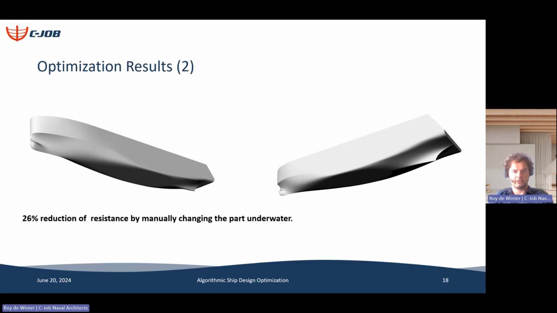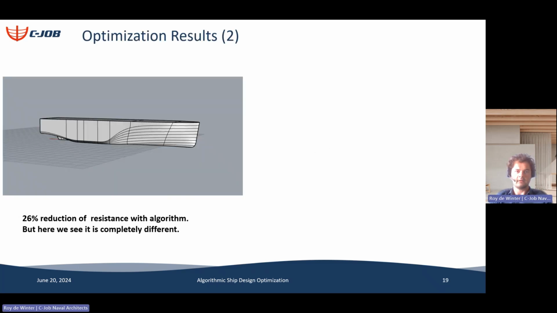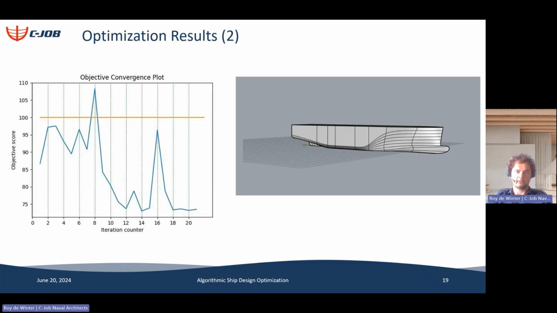And this is the result of the hydrodynamic experts and naval architects. They used a knuckle line below the bow and integrated the bulb there. This resulted in a 20% reduction of resistance. This required approximately 2 weeks of work by the naval architects. And then here is the result